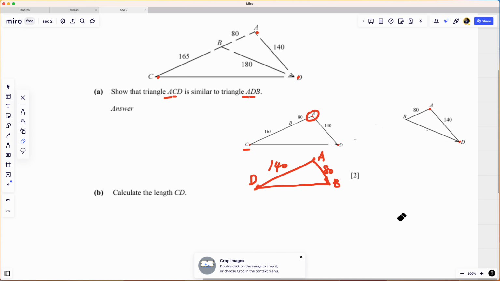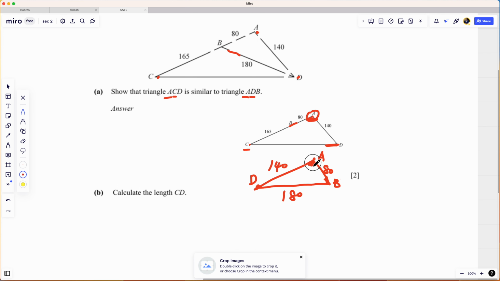Basically you need to match. And then you can see that this BD is 180, given by the question. So now almost done already. How do you show that these two are similar? What you have learned to show two triangles are similar in school is angle, right? You have learned how to show by angle. In this case, you can see that my angle A